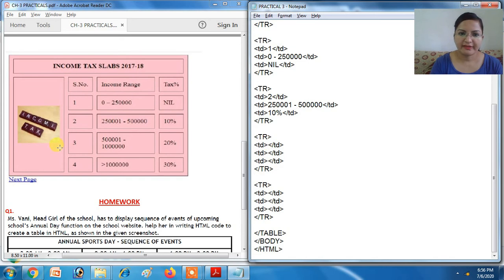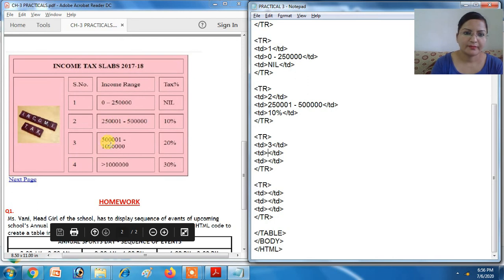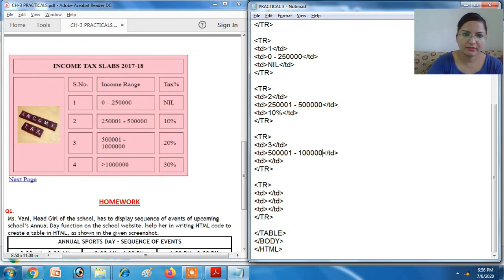Two more rows left. 3, 5 0 0 0 0 to 1 0 0 0 0 0, 20%. 4, greater than.